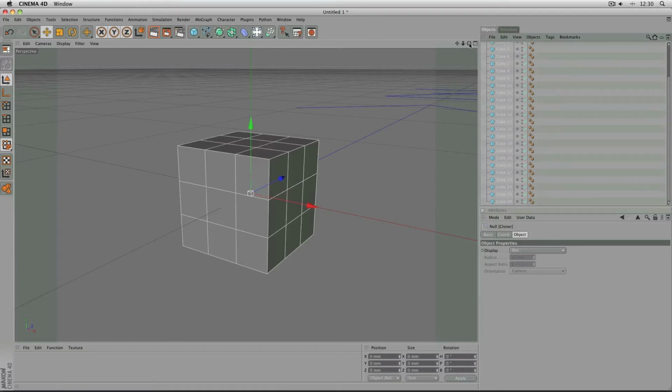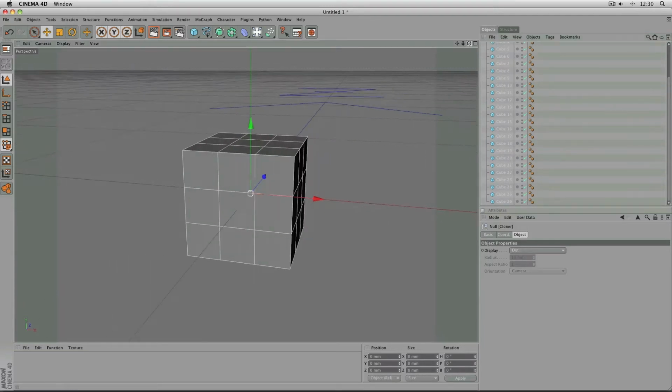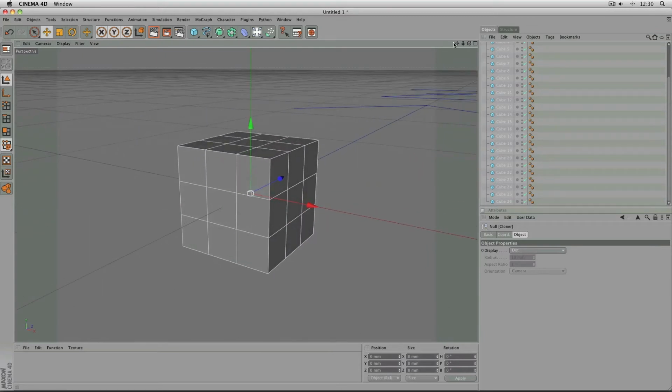It's 27 because it's 3 cubed. 3 times 3 times 3. Anyway,